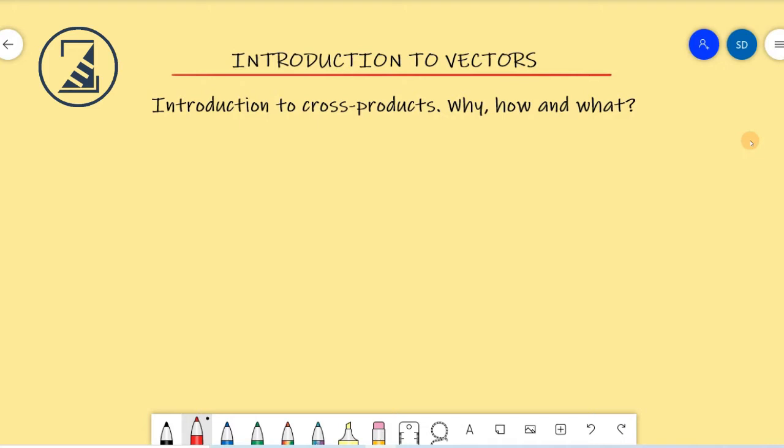Define it with the help of sine theta and the n cap, that is the perpendicular vector. Now give the thumb rule to find out the direction of perpendicular vector n cap, and define the determinant way of computing the cross product. Now those are all okay, but this kind of introduction lacks the motivation: why would we ever want to do these weird kinds of calculations and weird determinants to compute cross products, and what are these things good for, and why these things?